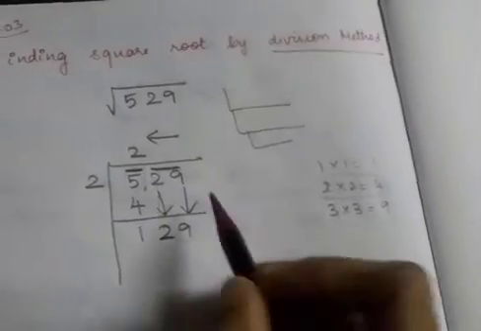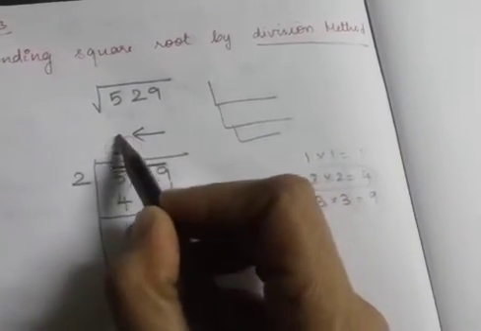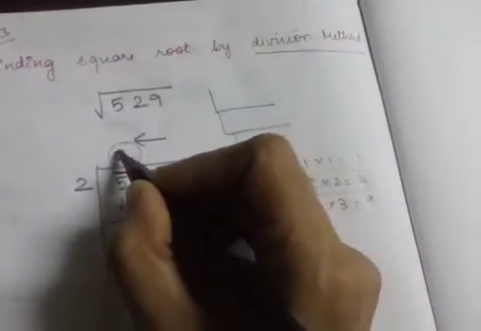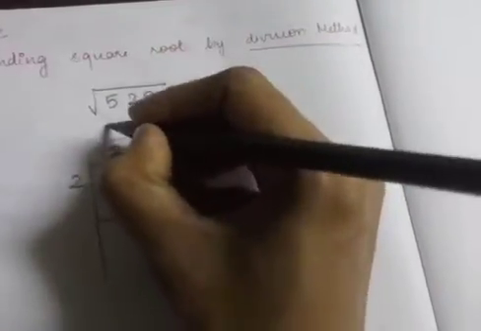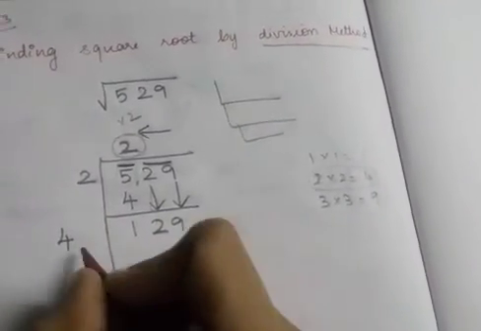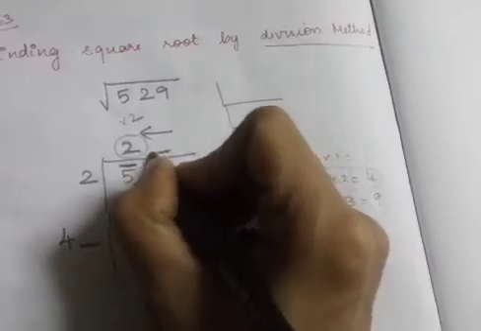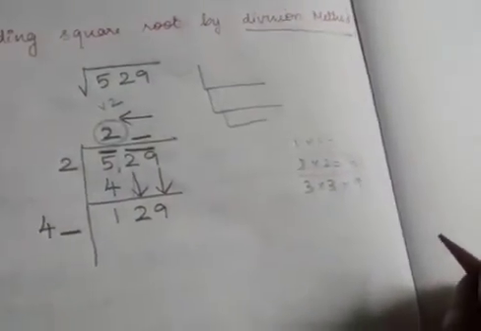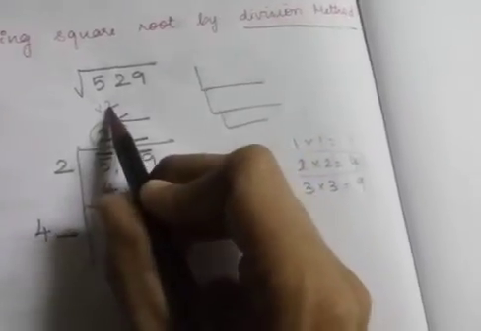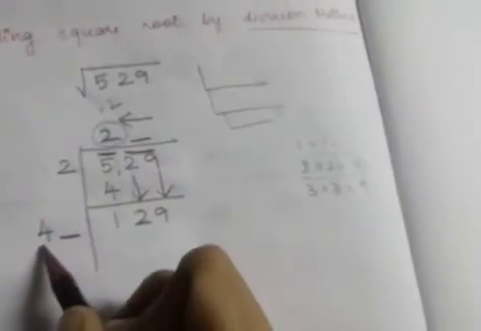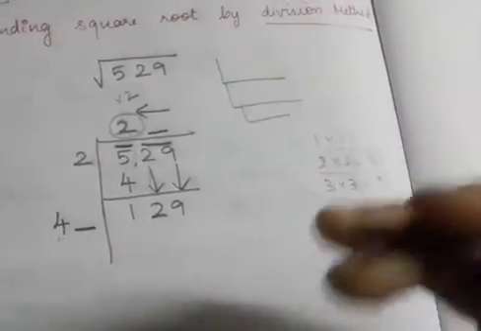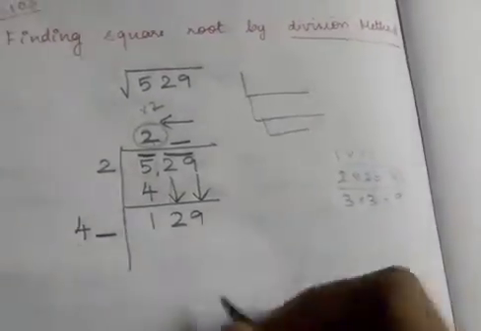Next, what should you do now? This quotient has one number, children. You should multiply that by 2. What is the quotient number given? 2. So 2 into 2 is 4. You keep it here. Then we are going to fill in here and here now. One quotient digit 2 is there. You have to multiply it by 2, so you will get 4. You should write it here. Next, you take the digit 4.